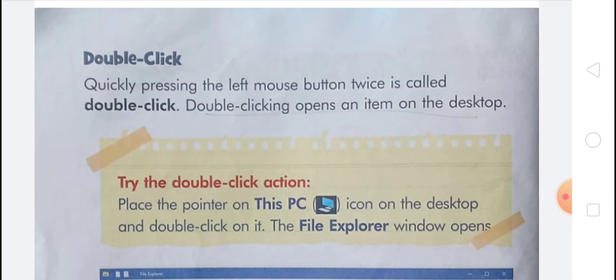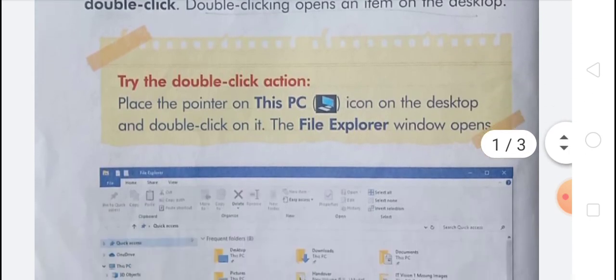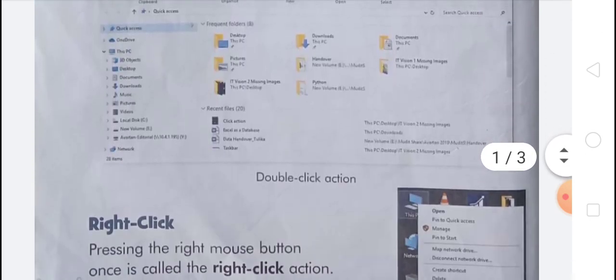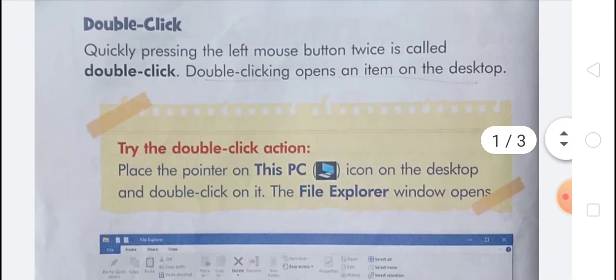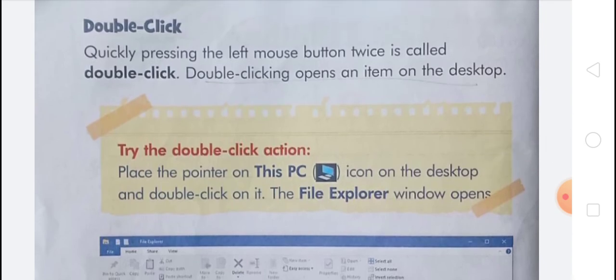Types of mouse. A mouse uses either a ball or a light for the movement of the mouse pointer. A mouse can be used for many things such as pointing at an item, selecting items, playing games, and drawing and coloring. Ball mouse. This mouse uses a ball for the movement of the mouse pointer, and a rubber or metal ball is present on its underside. And optical mouse. This mouse uses an LED light for the movement of the mouse pointer.